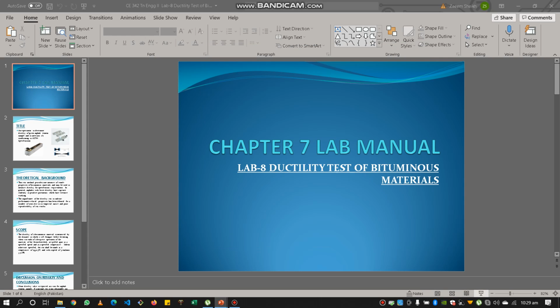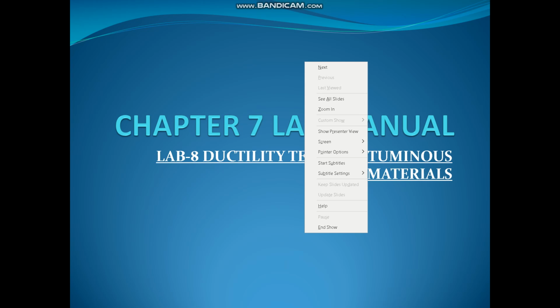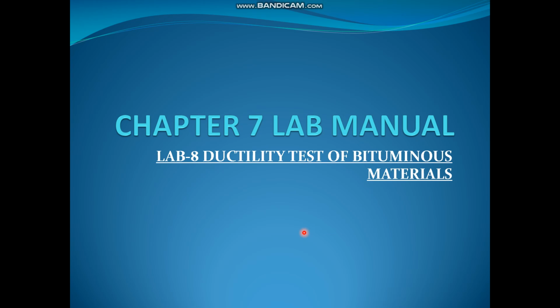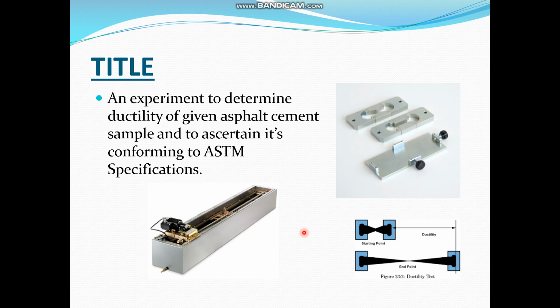The ductility test is done to determine the elastic potential of your bitumen sample, because the more elastic your bitumen is, the less cracking it will produce. Briquette molds are shown on the right side of your screen, in which the bitumen sample is poured at 135 to 165 degrees and left at ambient temperature for 90 minutes before performing the test.